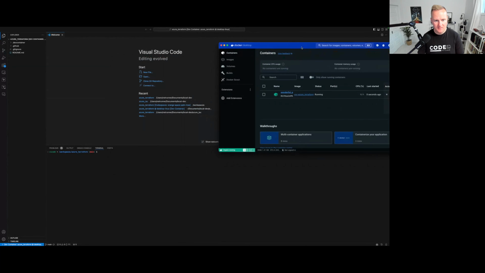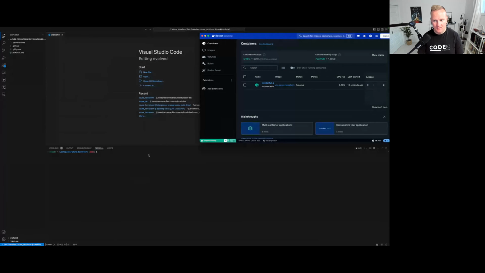Keep that up there. Right, so you can see that new container was spun up 12 seconds ago. It's called Wonderful G, and it's VS Code, and it's Azure Terraform as we labeled it, right? So if I see the terminal here,